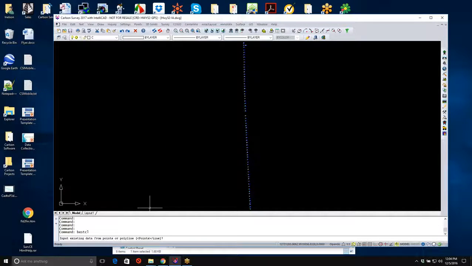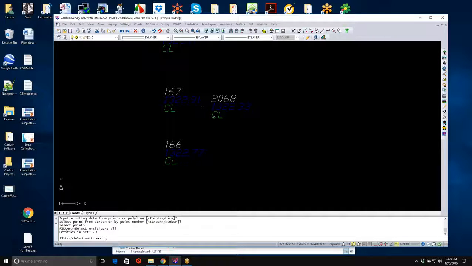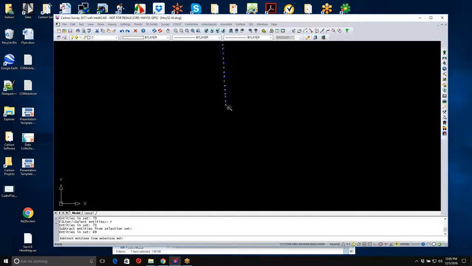And I'm going to then use points on the screen, so I'll press enter for that. We will grab our points from the screen itself, and I'm going to choose all the screen entities that I have, but I also want to remove 2 points from consideration. So I'm going to hit R for remove, and then I'm going to remove point number 2068, and then I'm also going to remove point number 100. And as I remove those, my updated count of 68 entities is now presented to me,